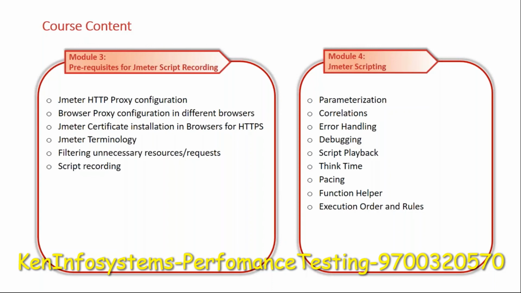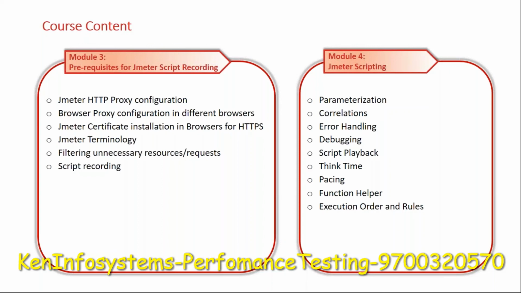How to set up the JMeter HTTP proxy configuration, and browser proxy configuration in different browsers. We will see how we can do it in Chrome, Edge, and Mozilla, and JMeter certificate installation in the browser for HTTPS recording, JMeter terminology, include and exclude filters, and script recording. Once script recording was done,